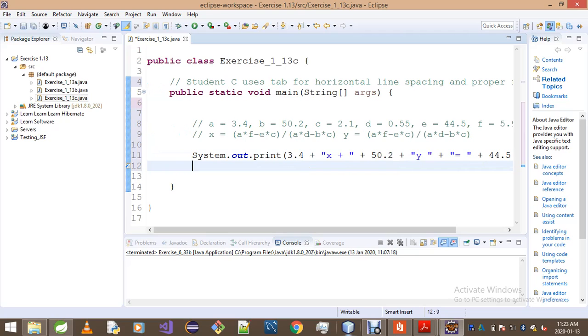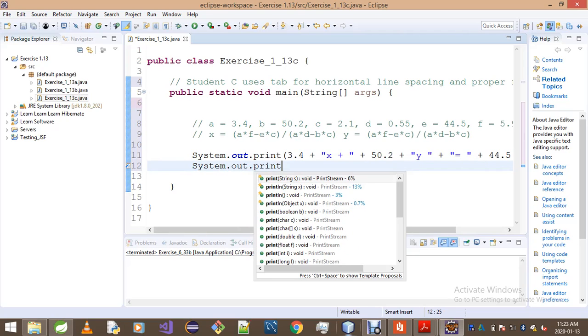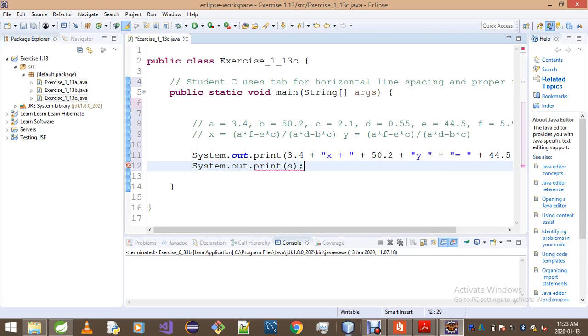Okay, this is our last equation now, and it's given by 2.1. We concatenate that with x